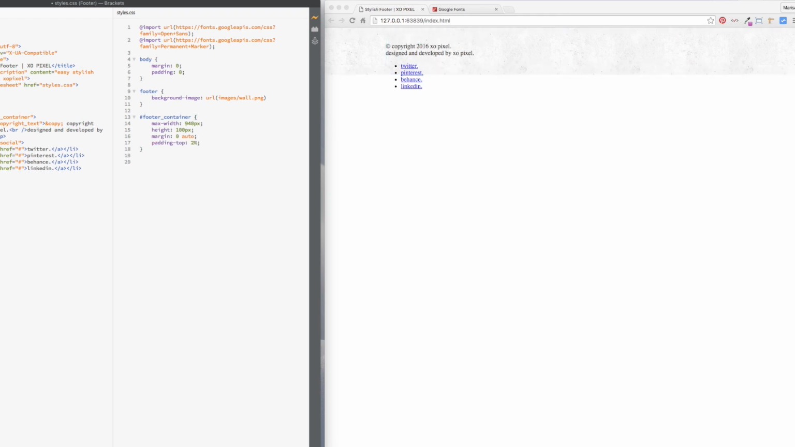Then, we're going to style the social section within the footer container. First, we're going to remove the bullets in the list by using the list style property and setting its value to none. We're also going to add style to each individual list item by selecting the list anchors and changing the font to the Google font named Permanent Marker, setting the font size to 24 pixels, positioning it inline, floating